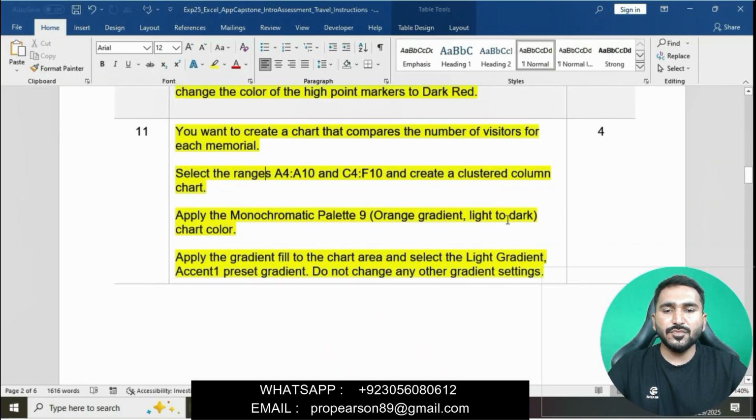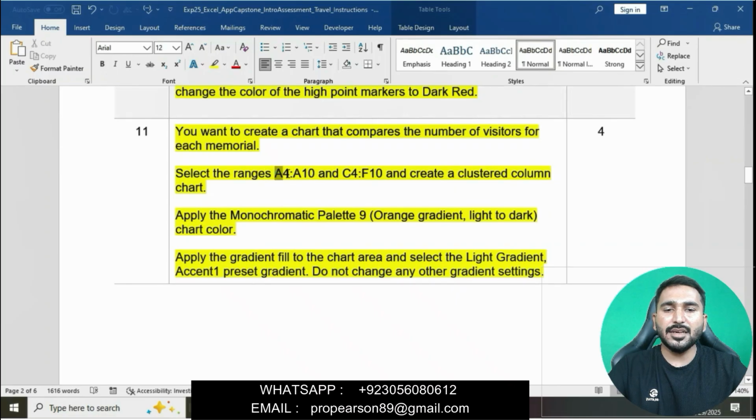Apply the monochromatic palette 9 chart color. Apply the gradient fill to the chart area and select the Light Gradient Accent 1 preset gradient. Do not change any other gradient setting. First, you can read this complete question, then I will apply the first point.